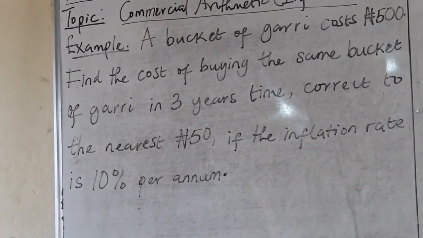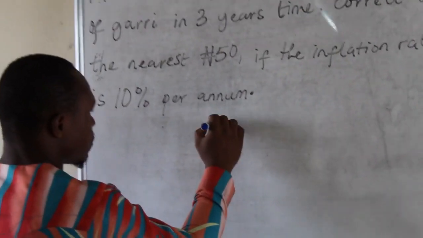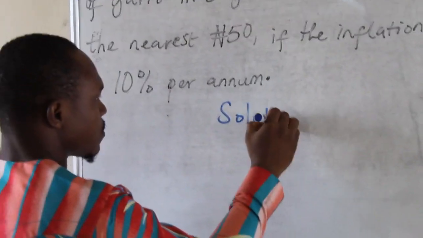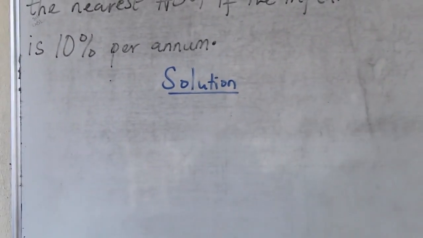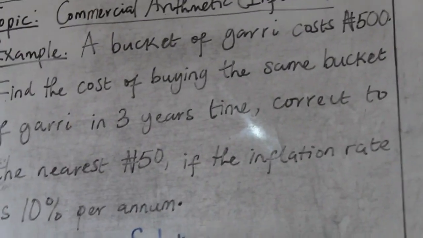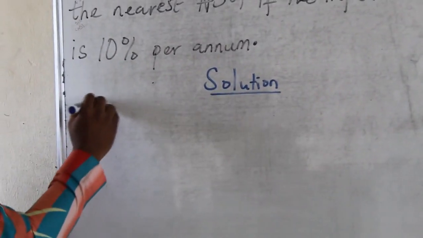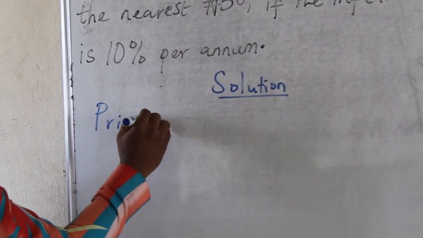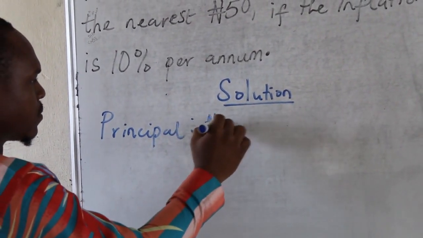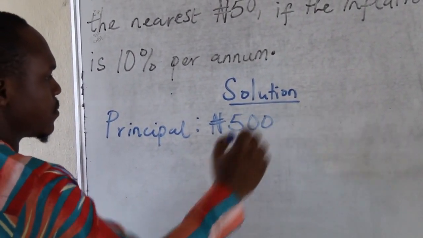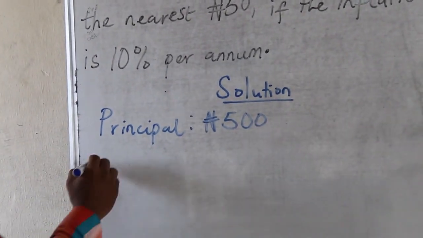So we'll begin. Solution. Now the initial cost of the bucket of Gari is 500 naira. So that's our principal. It's 500 naira. Okay. So for our first year,